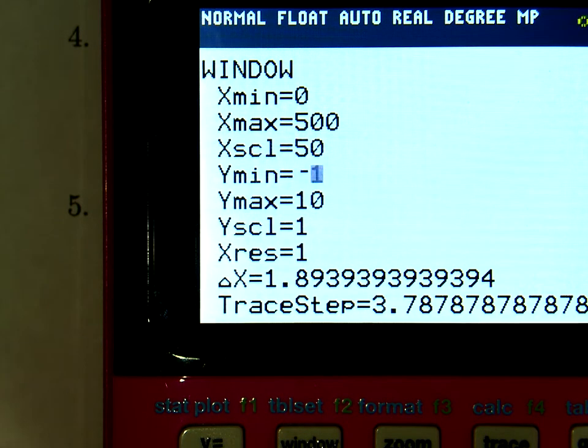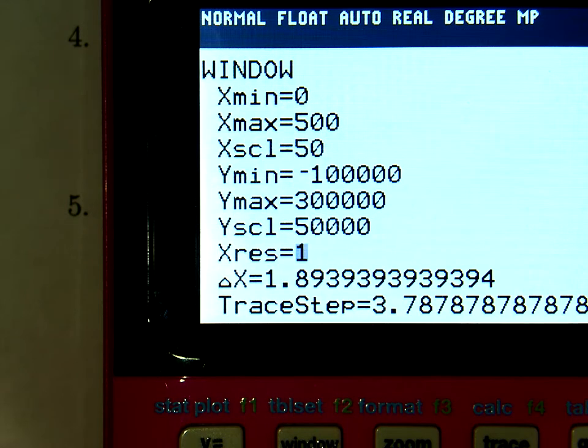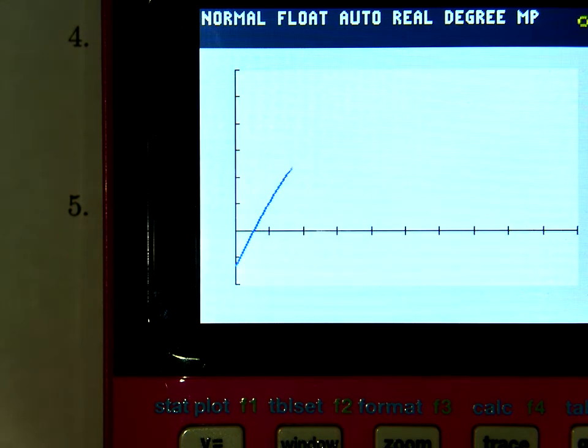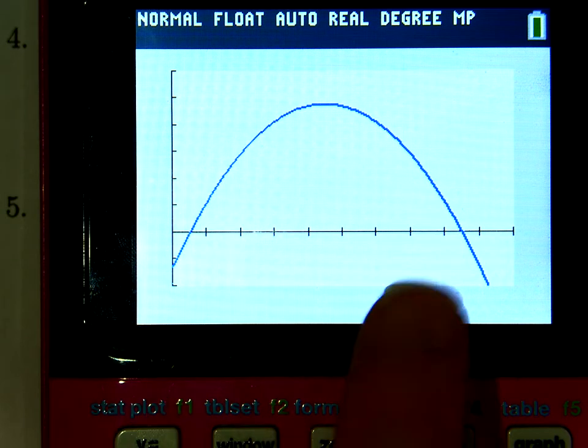Y minimum, negative 100,000. Y maximum, 300,000. The Y scale counted by 50 thousands. Okay, and now I'm going to graph it. Okay, voila. And that looks pretty darn close to what, I mean, it just doesn't have the numbers on it,